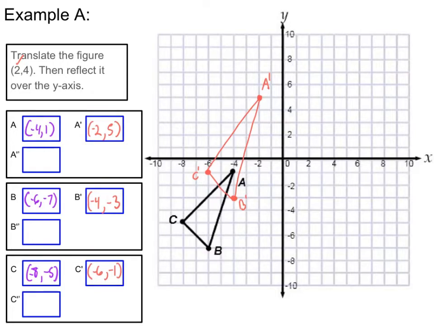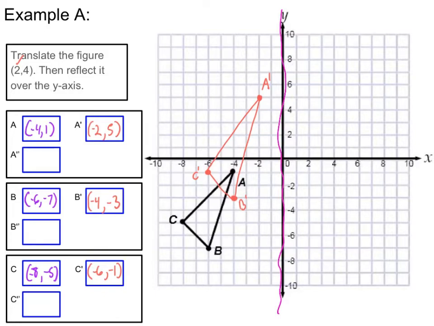The next thing I'm going to be doing is a reflection over the y-axis. So now I can do this one of two ways. I can do this mathematically, knowing that when I flip over the y-axis, it's the x value that will change, or I can just count from where I am over the y-axis. So we're going to be reflecting over our y-axis. So we're just going to count. We could do this mathematically, but I'm going to do the counting method